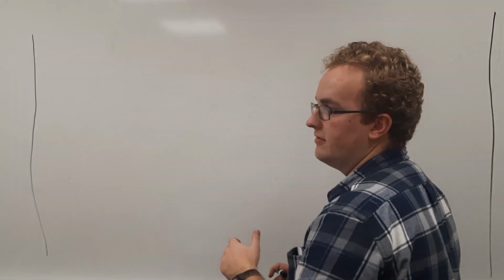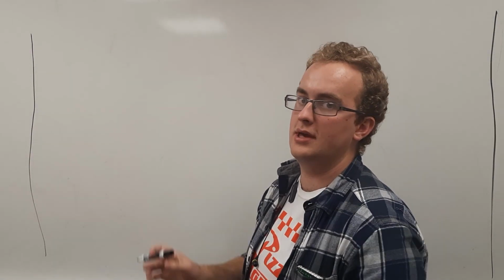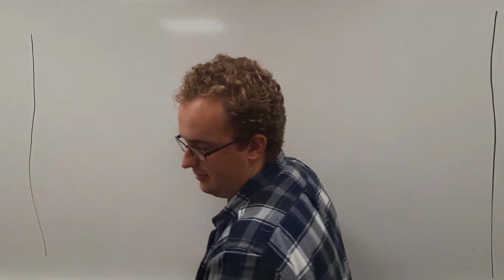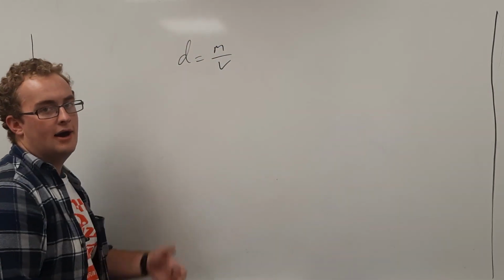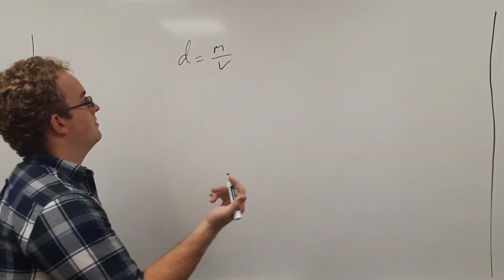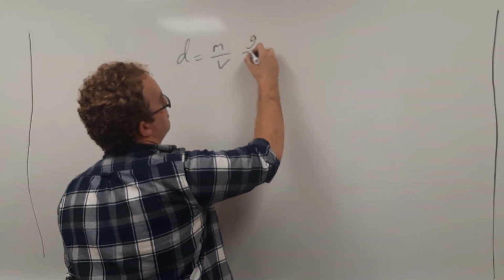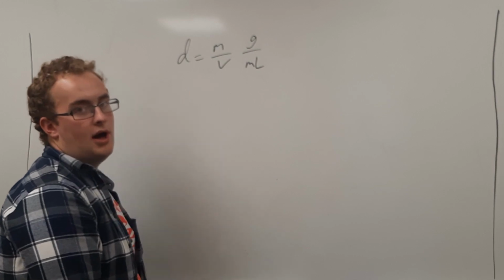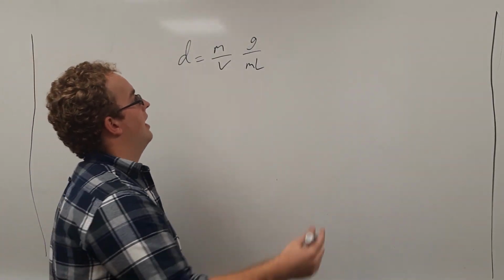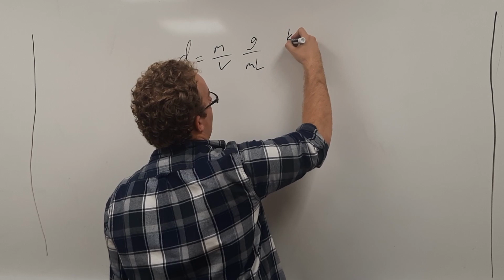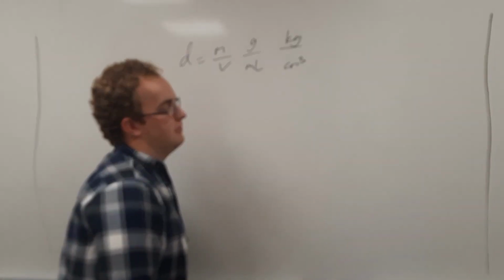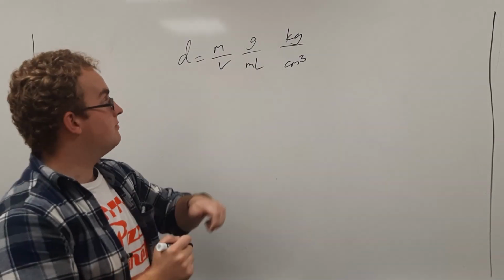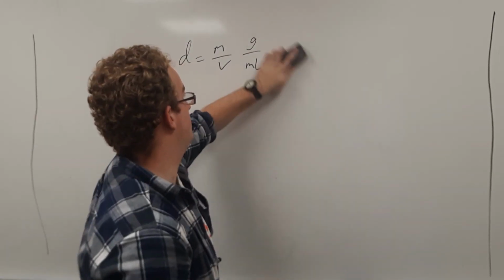So our first topic is density. This is a measure of how the mass is spread out through a substance. If you remember, it's pretty simple. It's just density equals mass over volume. This can be in a bunch of different units. Typically you'll see grams per milliliter is a common one. Then maybe you see kilograms per centimeter cubed, or any other measure of volume basically. So density is a pretty versatile thing. With it you can do problems like,